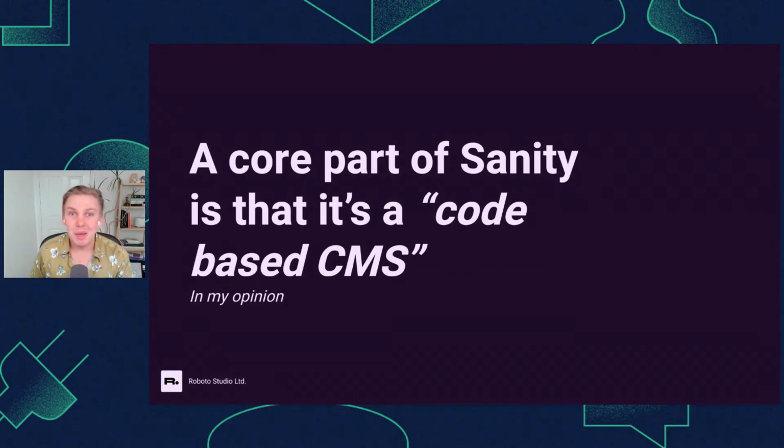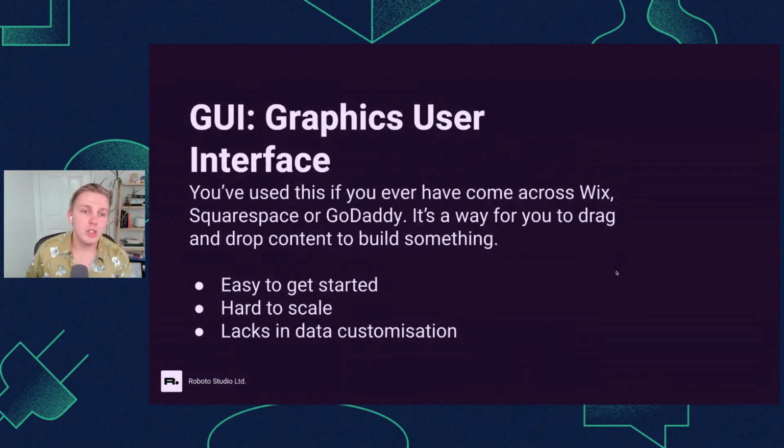And again, this is in my opinion, so this isn't the official terms, but Sanity is a code-based content management system. And that is something that I really want to hammer across whenever we talk to clients. The reason being is I'll show you the opposite first, a GUI-based content management system. So I'm guessing most people have probably used these as a developer, and they're fantastic for certain things. They're fantastic for things like a very simple blog, a very simple page builder. But again, the more they scale, the more it becomes problematic.